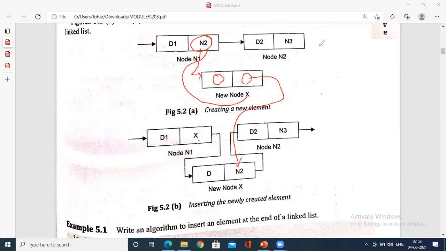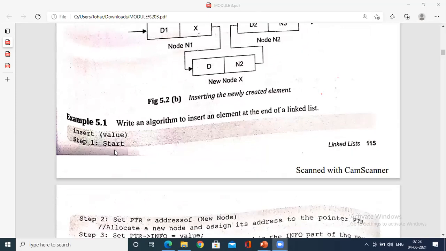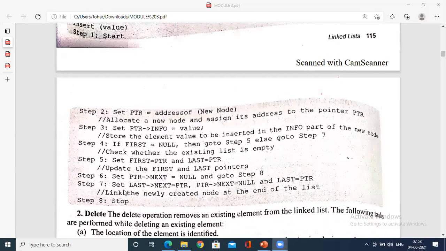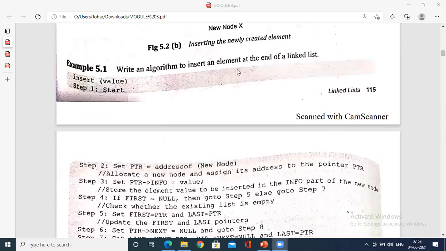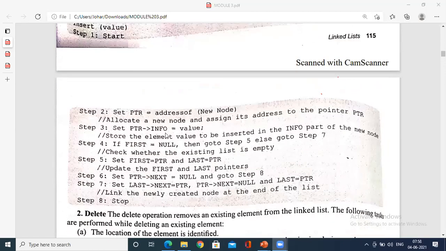The same thing you have to represent in terms of English statements, and that is called an algorithm. That is one of the logical ways of representation, right? Start and stop method, right? Now you could see over here, in start and stop, in between you have 7 steps, that is, write an algorithm to insert an element in the linked list. It is not mandatory that you write it as it is being shown, right? At least these statements should be perfect.